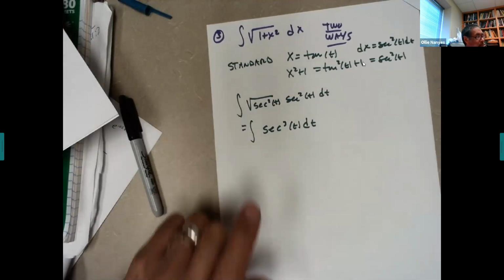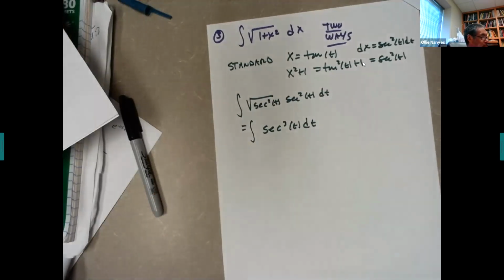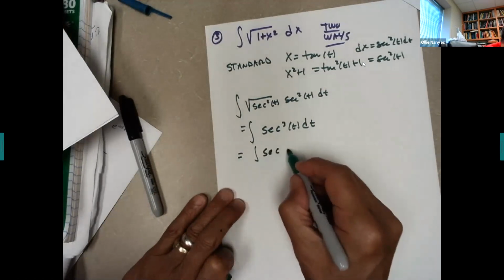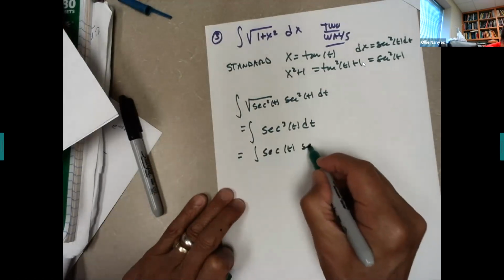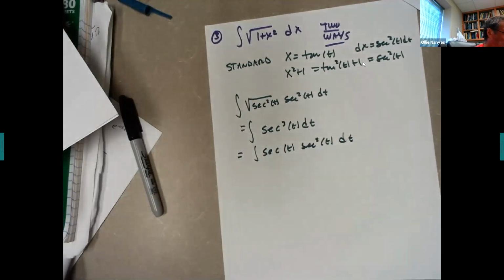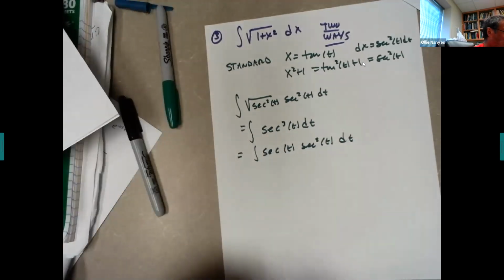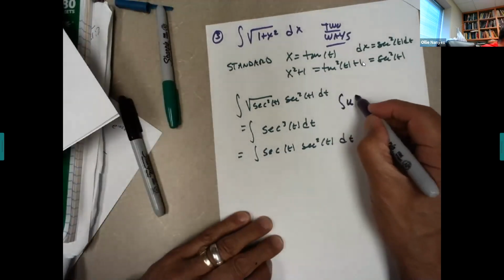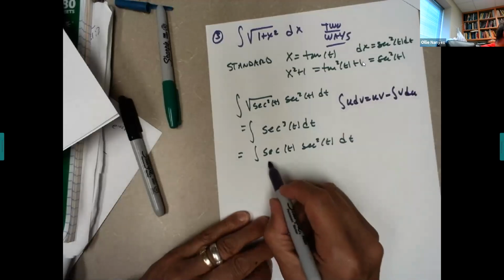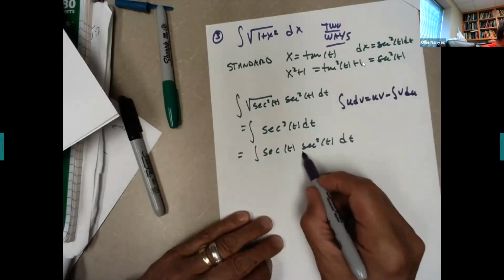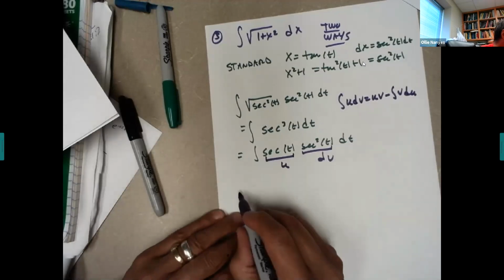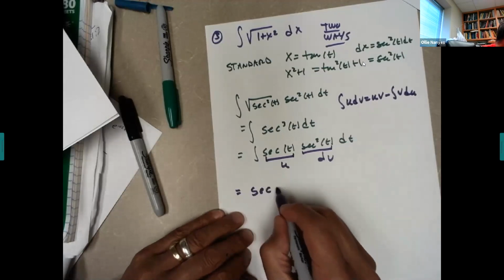Or we can just grit our teeth and do it by parts. Let's go ahead and do that because it doesn't hurt to practice. If we use the integration by parts formula, which is this, this will be our dv because it's easy to calculate. This will be your u. So this is going to be secant t